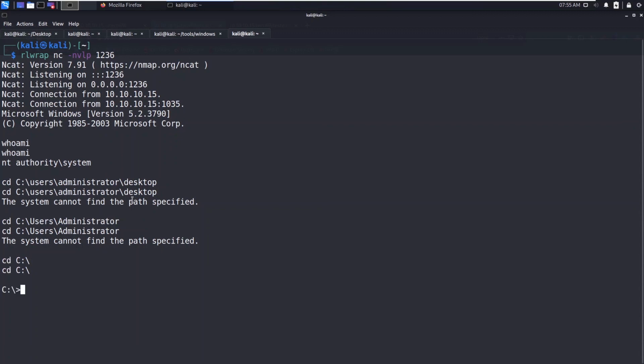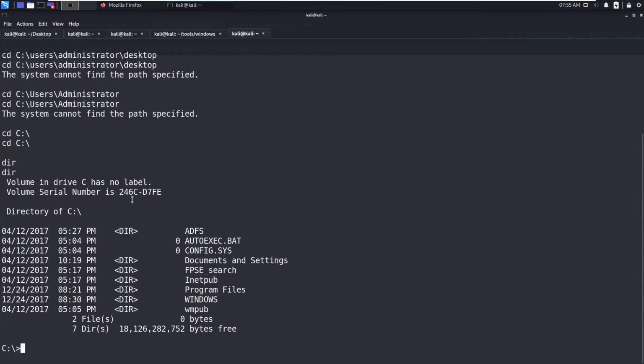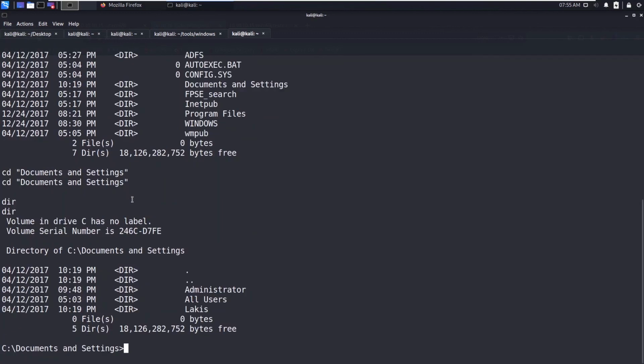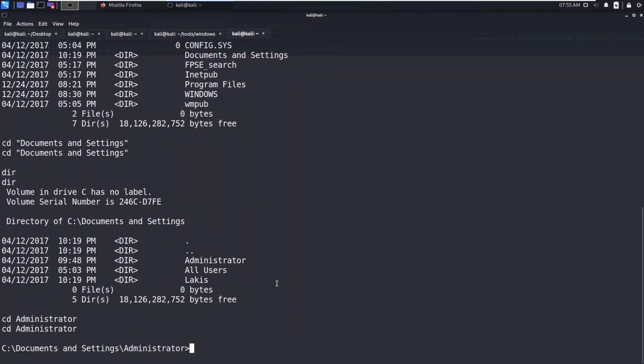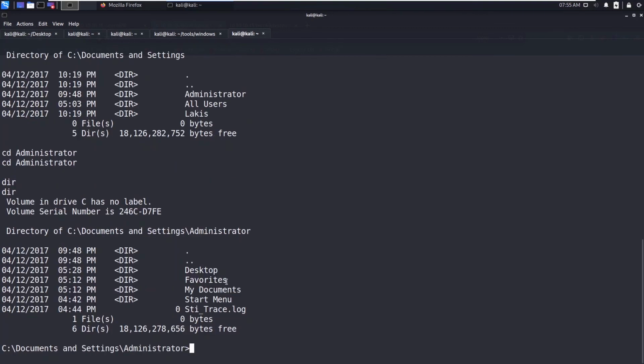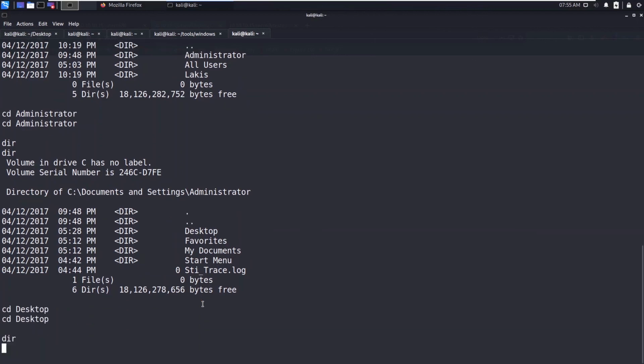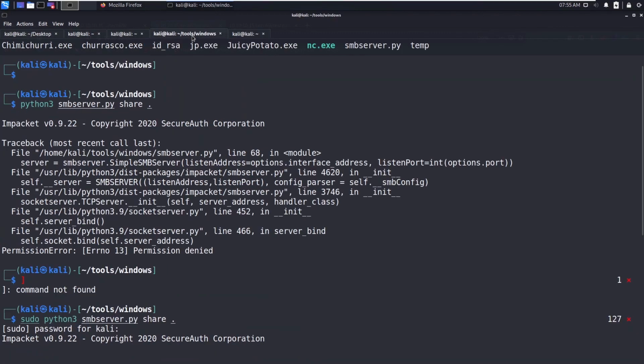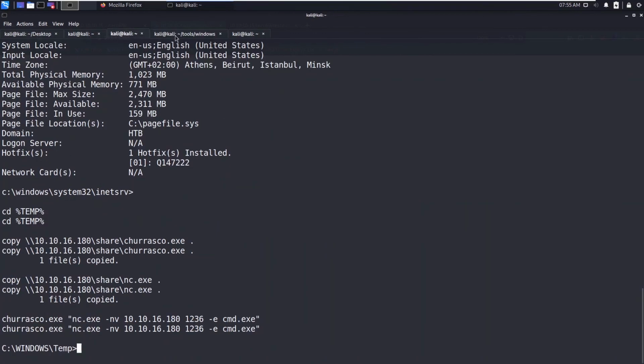It's because it's an old Windows box. So cd Documents and Settings. Now we can go into the directory and view the root flag. Okay, you can see here this is similar to the Grandpa machine.